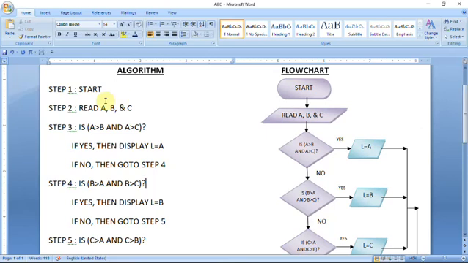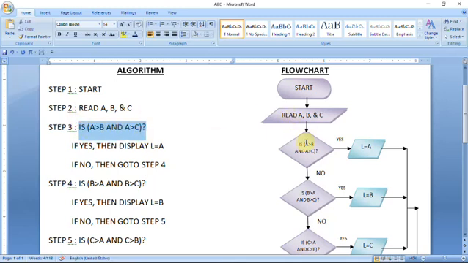If you have any problem, you can send me a comment, and after that I will tell you again in detail. But I hope you do not feel any difficulty to understand. This is so simple. Start, first number, here you can see start. Second number read. For read you know parallelogram symbol. Next number, this is called conditional statement.